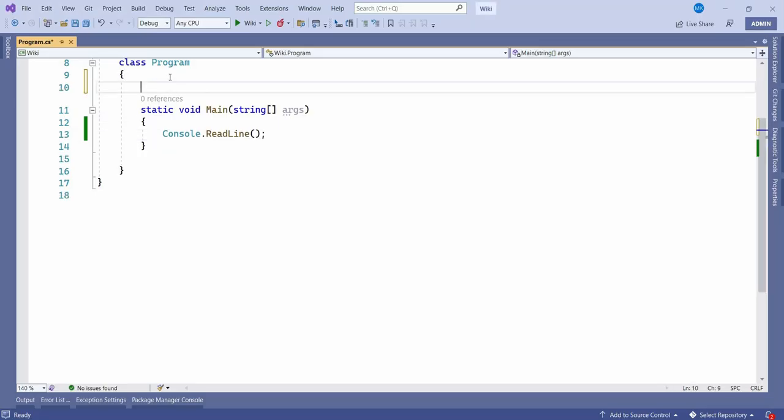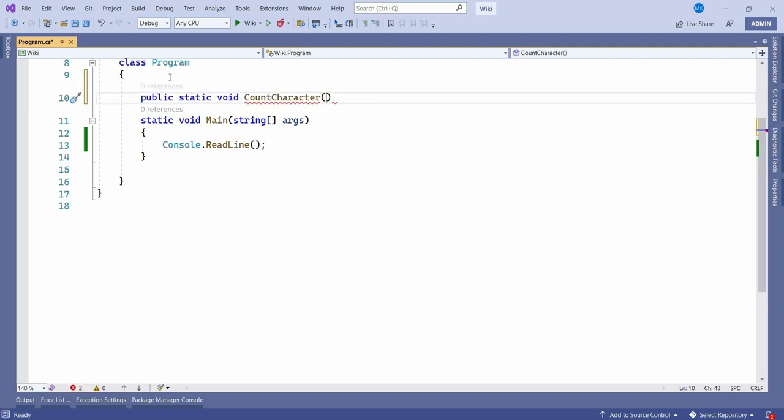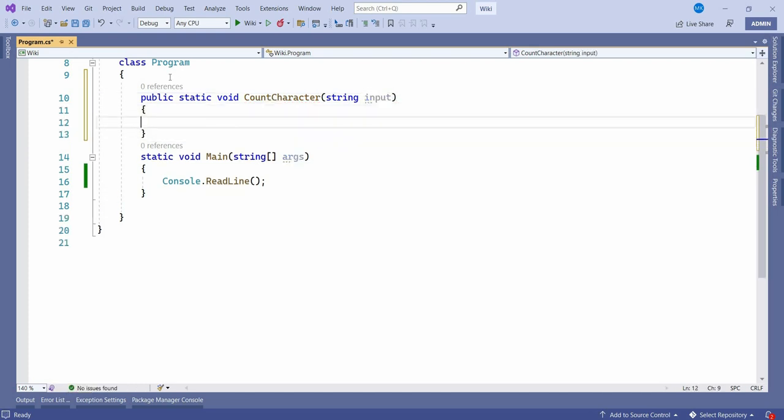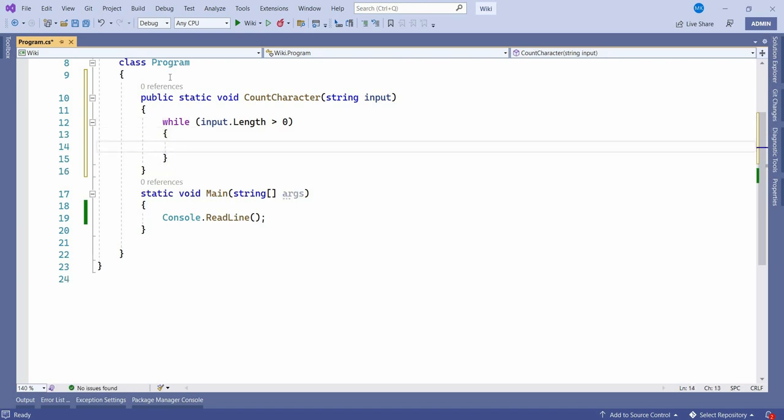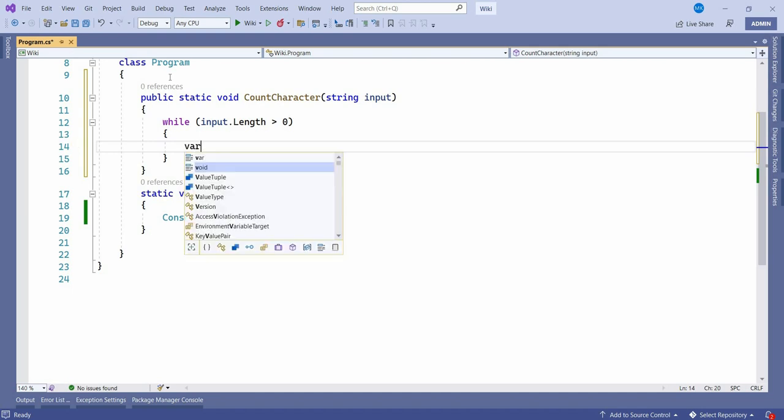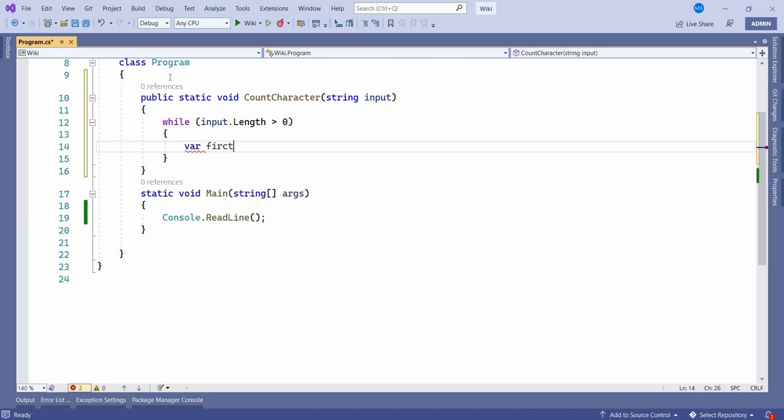First I will create one generic method, public static void CountCharacters, and I will take one input parameter here, string input. We will start a while loop till the input's length is greater than 0, and in that I will keep my first character in a variable,